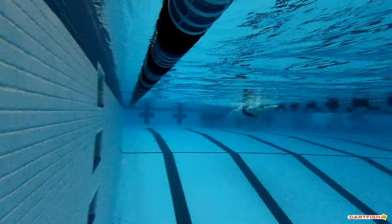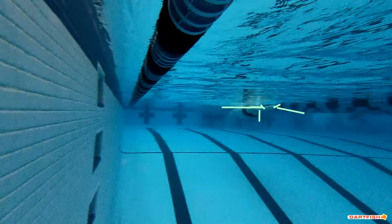All right, so as we start in our breaststroke pool here, one of the first things we see real quick that we really like is how your hands are pointed out on an angle, and you're doing a great job of pushing out to the side here. The other thing we really like is your head position, your body position. Your eyes are down, your body's nice and high in the water, and you're nice and still, which is ideal